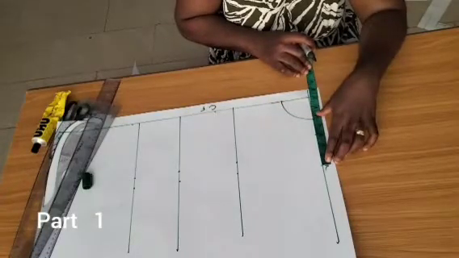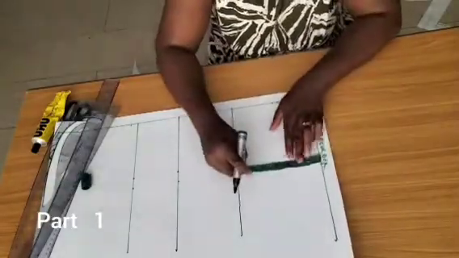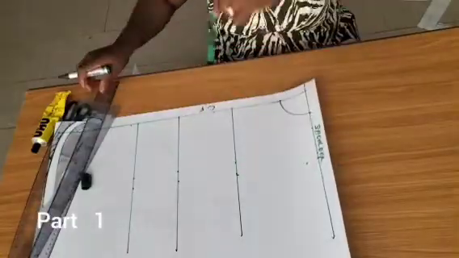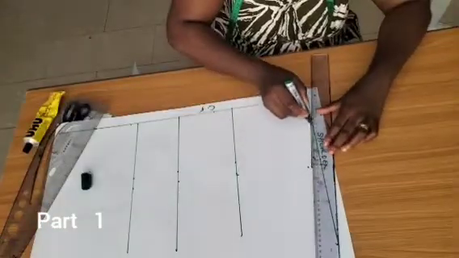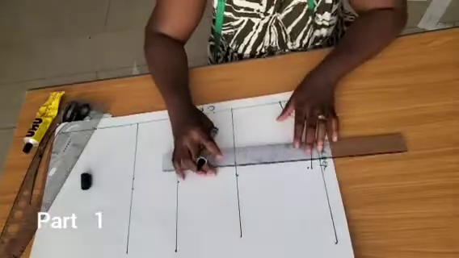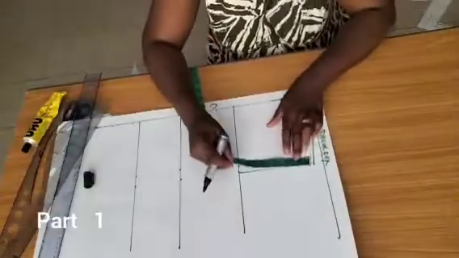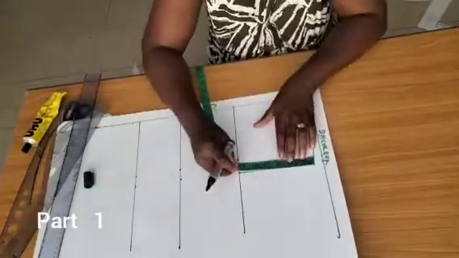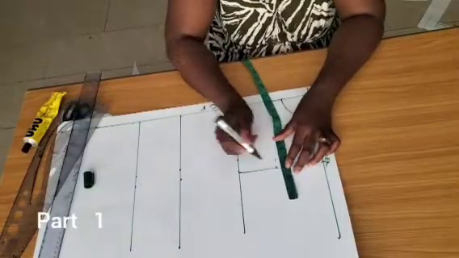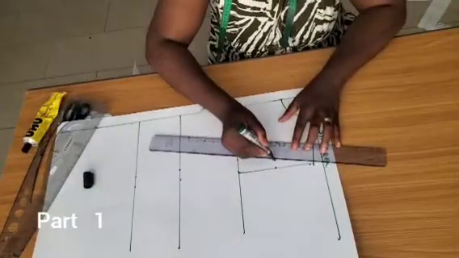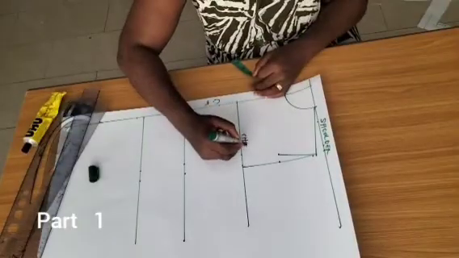So I will transfer what I have on my shoulder to the chest line. To determine your chest line, you are going to divide your bust by 6 and add 1.5 to it. Whatever result you have from your bust divided by 6 plus 1.5, you place it from the shoulder drop, and that gives you your chest line. Then I will get the midpoint of my chest line, and I'll come in by 0.75 for the front,